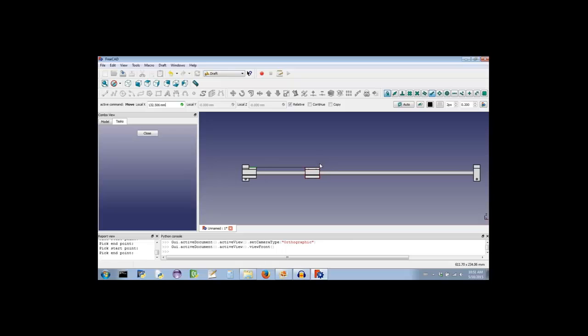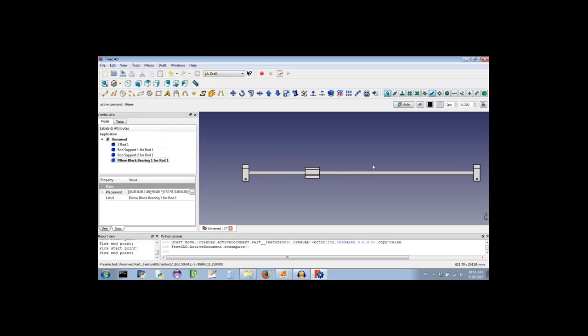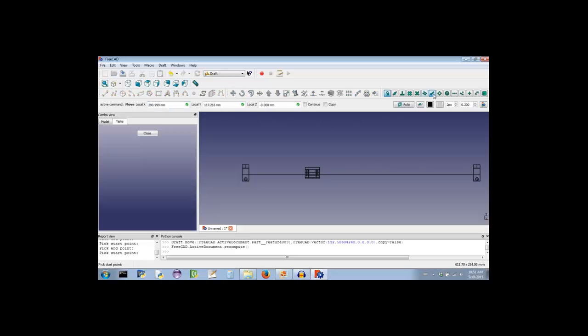Okay. What if I want to center it completely in the center? I'll show you how to do that too. What I'm going to do is go back into wireframe. I'm going to click the move button. Let's say I want the center of this on the center of this, but not move down. What I do is I click the midpoint constraint. I just touch the line where I want the midpoint, and it will highlight there. And now I touch this line, it's going to put it in the center,